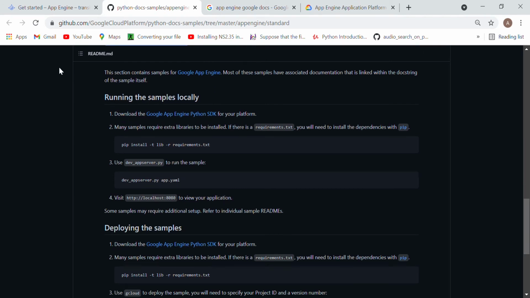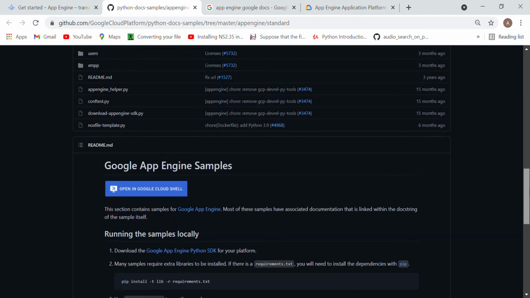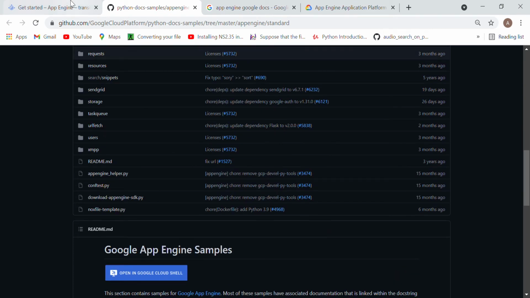So suppose, once you download this Google SDK, you just need to run this command on the console. Once you run this command, you just need to run your application file, the final application file that you have created. Once you are done with this, your application will be visible on this localhost. Am I clear with you? Because right now it's the company account, so I can't show you running the application.